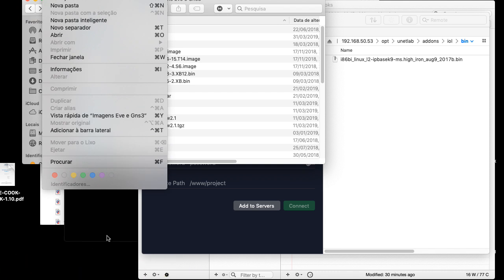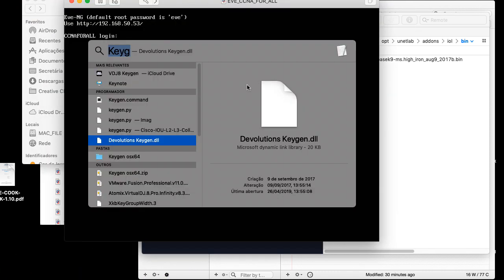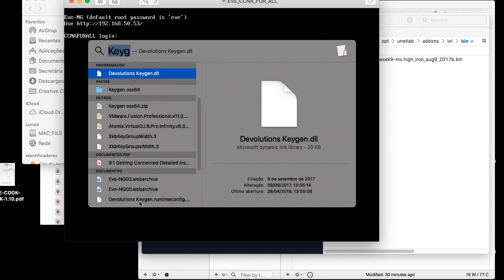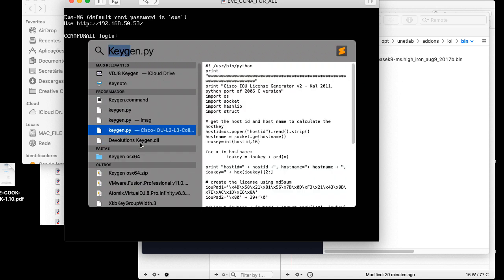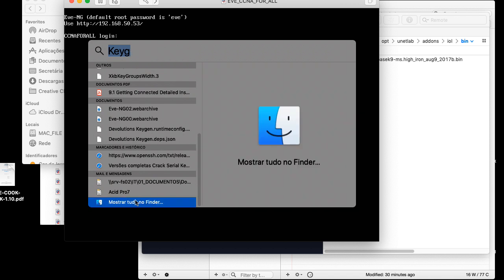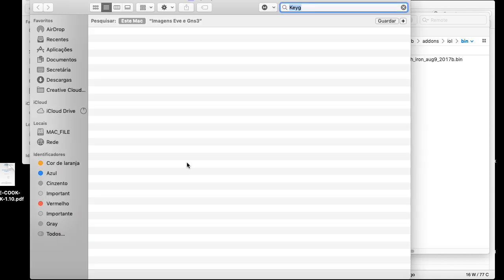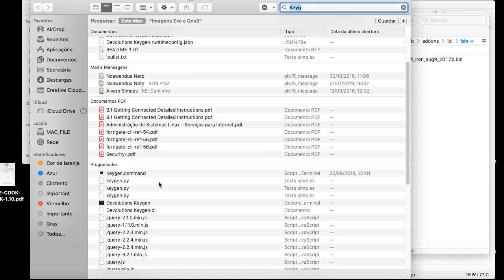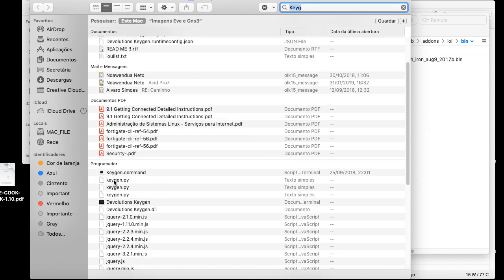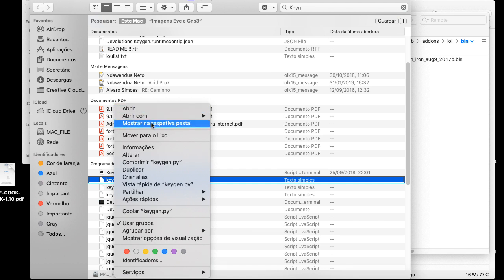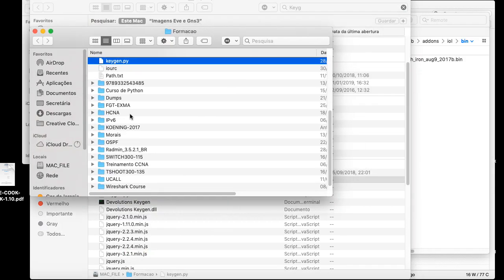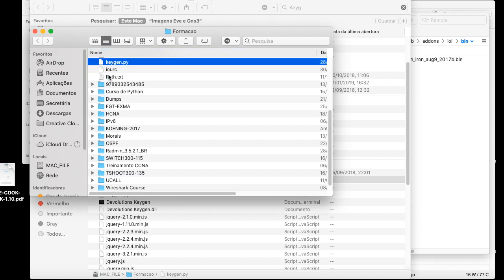What is this one? Come on. Show me in Finder. Yeah, that is the way we can find it. Where is the page? Yeah, it is this one. Let me open the two plates. This information, so we need to copy this